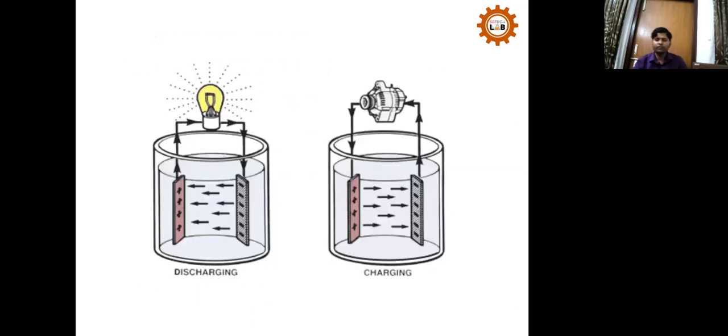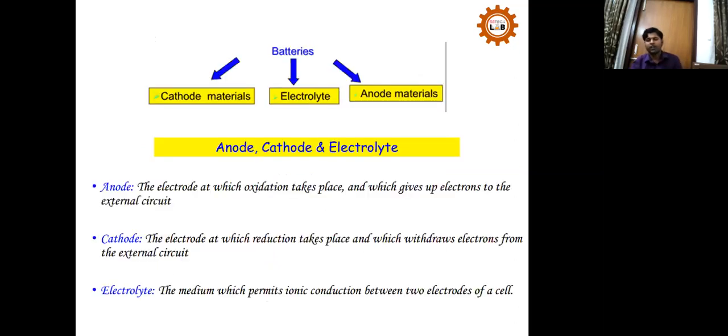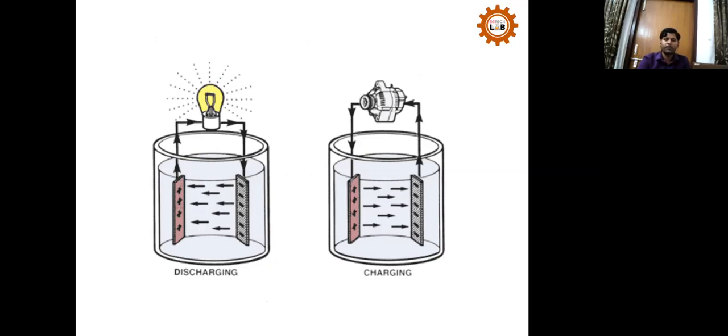In batteries, a common thing you see is charging and discharging. When you supply power to the battery, it gets charged. And again, when you want to supply power to the load, you discharge the battery. This is the common thing that happens with a battery. Similarly, when you connect with renewable energy sources, the battery gets charged, and when you connect with a load, the battery gets discharged.